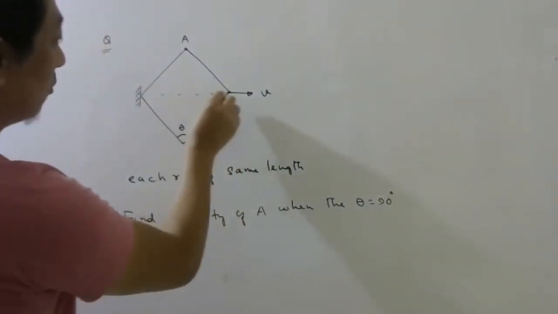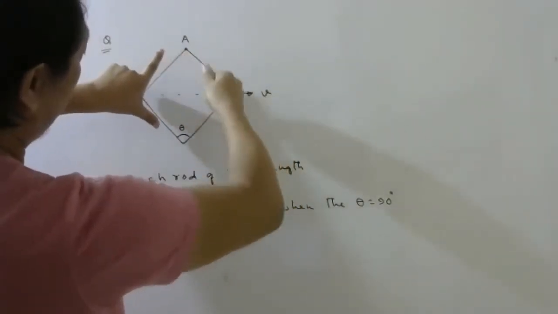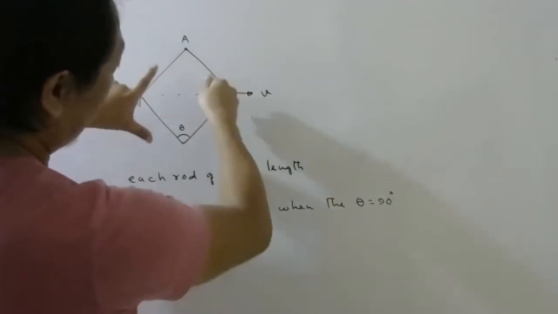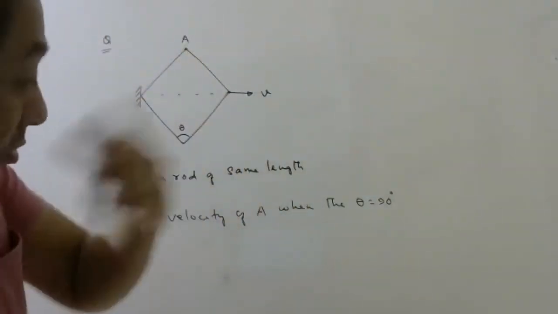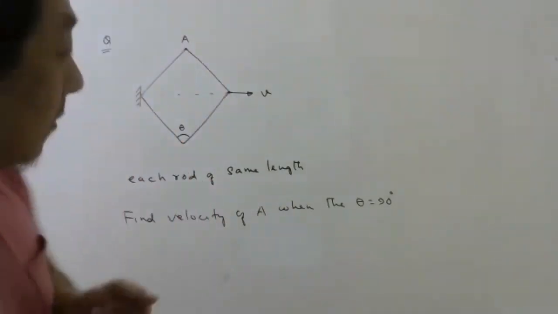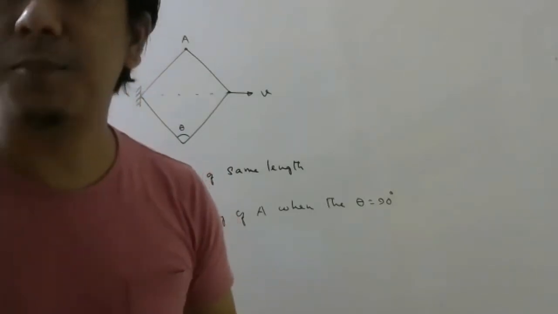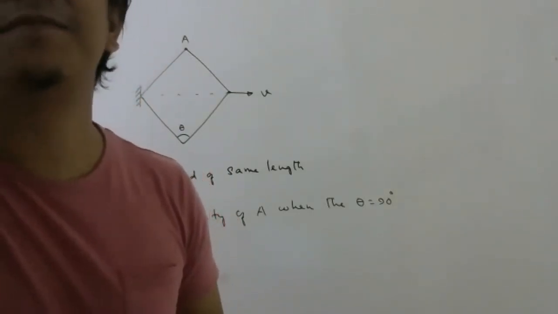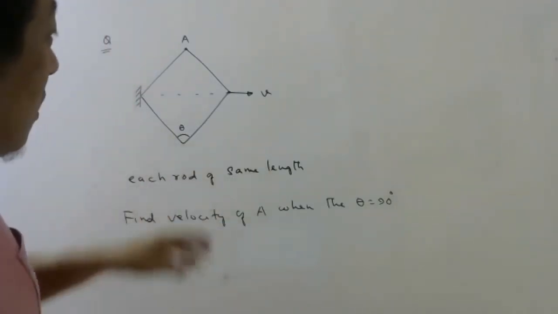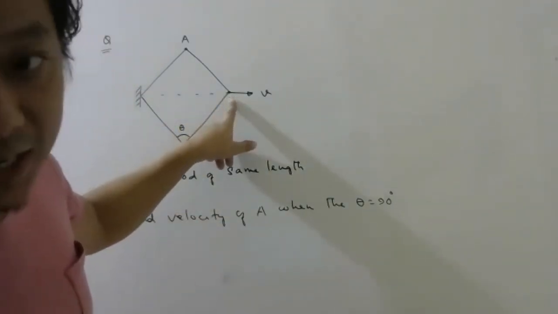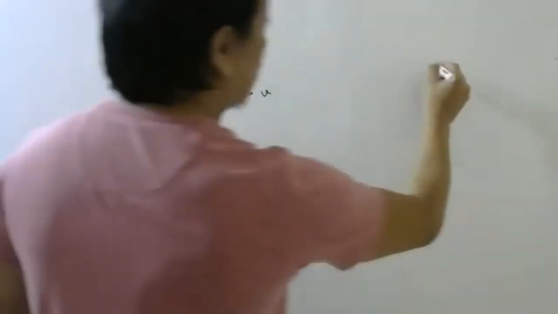As you keep moving, starting from, let's say, when it is very thin, if you start moving this point, there will be a time when the shape will become a rhombus. That time they want you to find the speed of this point. So let us do this one first, so that the problem becomes slightly easier. Such problems are where they give you the velocity of one end and ask you the velocity of another point. What you have to use here is a constraint relation.